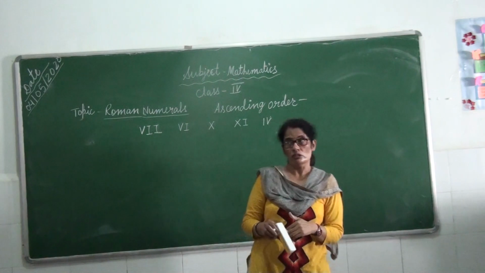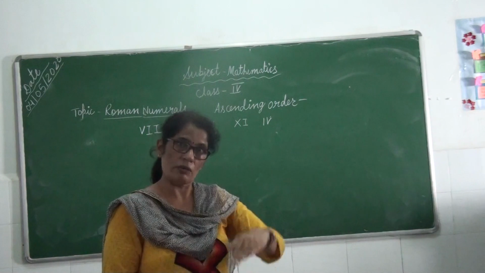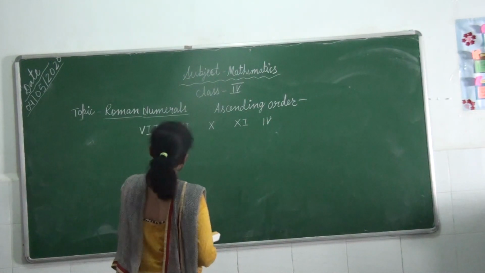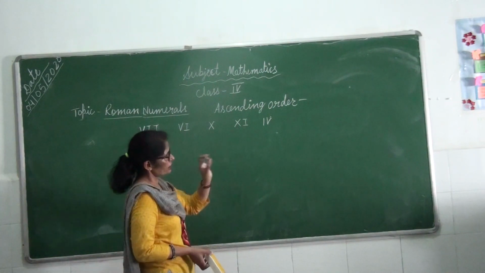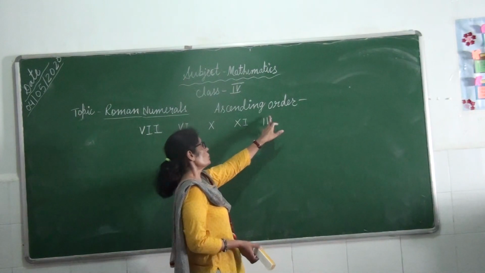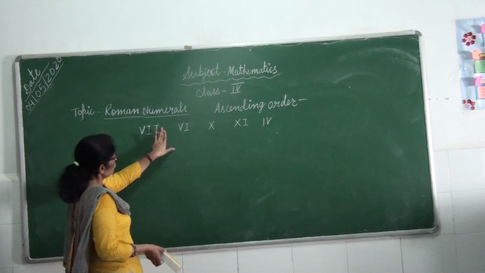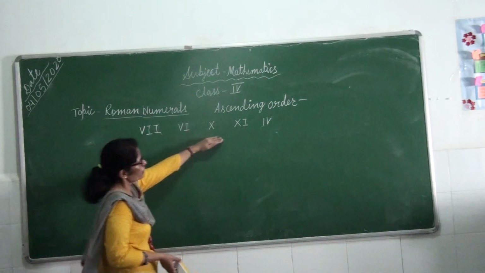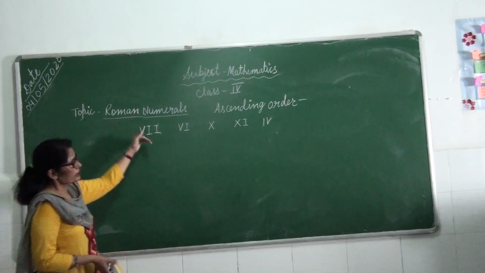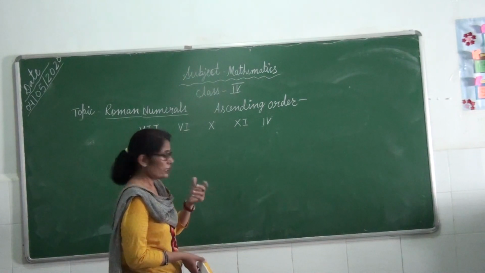When जब हम कभी ladders के ऊपर जाते हैं then first ladders, after that step by step we go up. So that's why ascending order means the number which is smaller will come first. जो नंबर सबसे छोटा है वो सबसे पहले आएगा. Then what we have to do here, we have to do numbering first. हम सबसे पहले यहाँ पर क्या करेंगे, नंबरिंग कर लेंगे अपने नंबर्स की कि कौन सा नंबर पहले आएगा, कौन सा बाद में आएगा, कौन सा सबसे लास्ट आएगा.